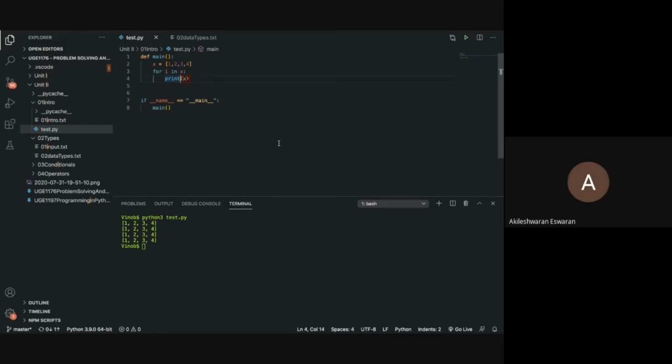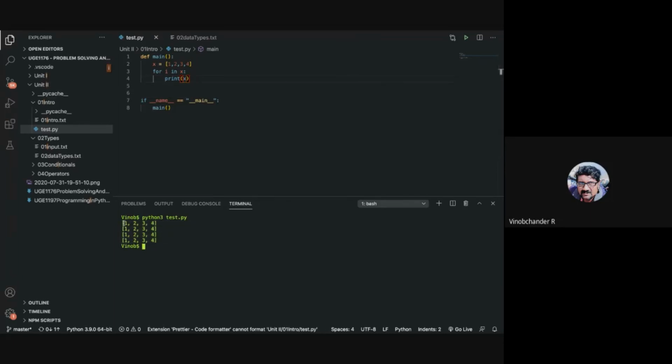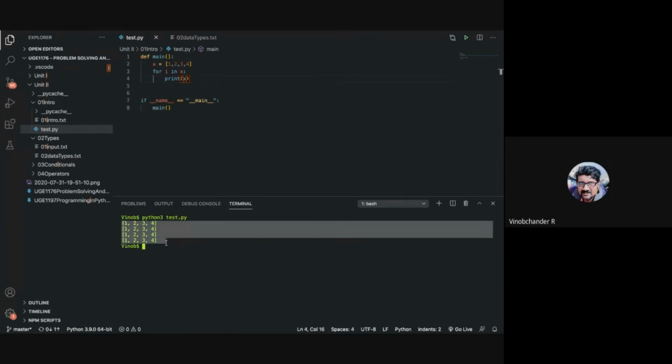Sir, it should be print I, right, sir? Because I takes the value. Okay, but I am printing X, I am getting this. There is no specific question. I am not asking you any question that you can do anything here, with respect to each item. And if you are doing print X, I did this intentionally. To do a print X, you are getting the entire sequence 4 times.